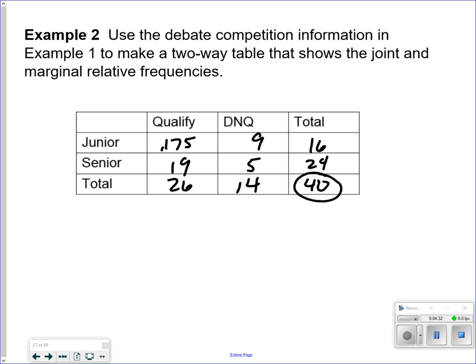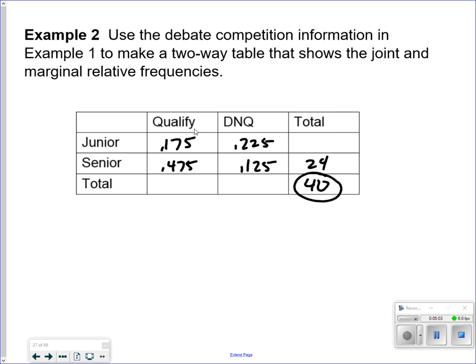And so the next one, 19 divided by 40, 0.475. So 9 out of 40, 0.225. And then 5 out of 40, 0.125. Now, here's what's going to happen. I can either take 16 out of 40, so 16 divided by 40,